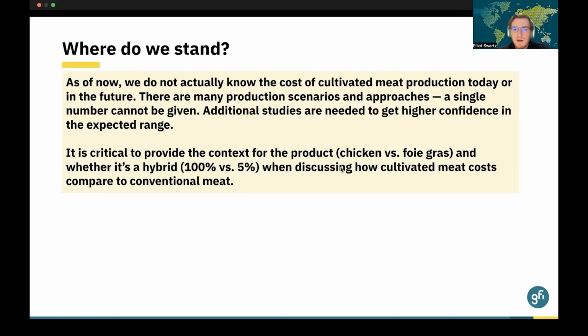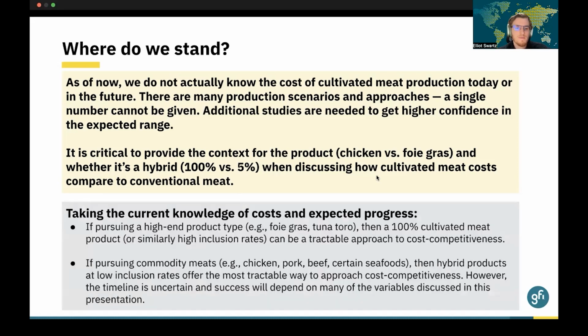And so the viability of the technology as a whole looks a lot different if you're talking about 100% cultivated chicken versus a hybrid of a premium product, for instance. So I think we could say with some degree of confidence at this stage that if you're pursuing this sort of higher end premium product, then a pathway where you're using 100% cultivated animal cells could be a tractable approach